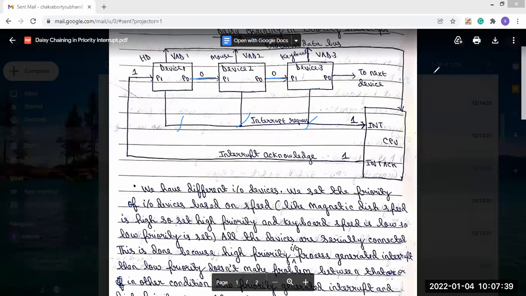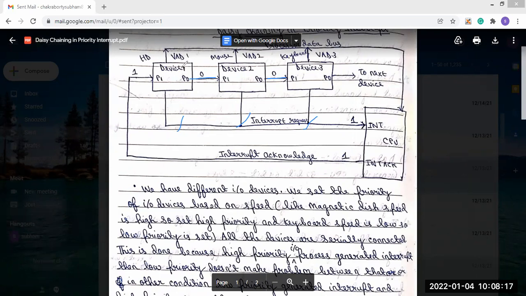But here we are using three devices only, and they are serially connected. This is done so that when a high priority input output process generates an interrupt, the low priority does not cause a problem. Or in the other condition, if a low priority device generates an interrupt and a high priority one comes, then obviously the high priority is given priority.